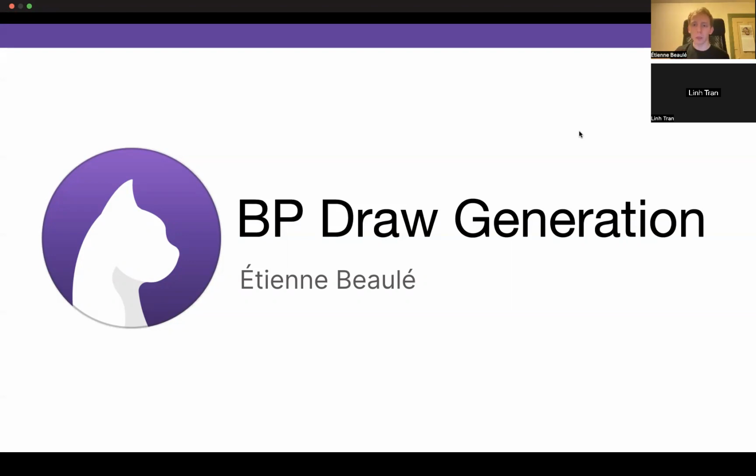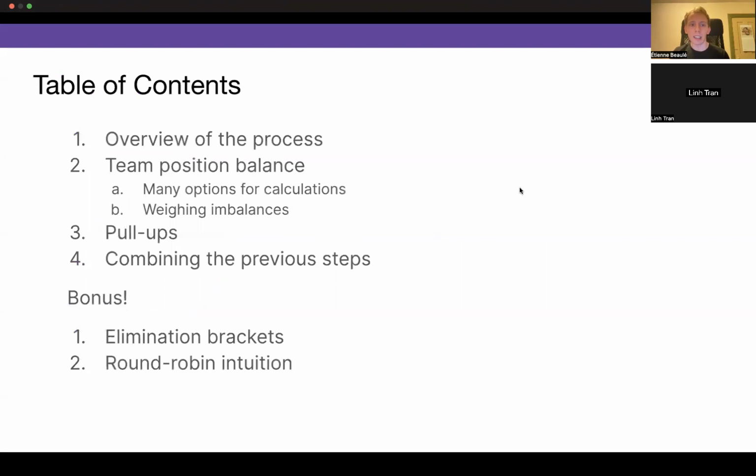This will be more of a mid-level presentation: I won't go into the algorithms or the code itself, but I will explain in the general case how the draws are decided and created.